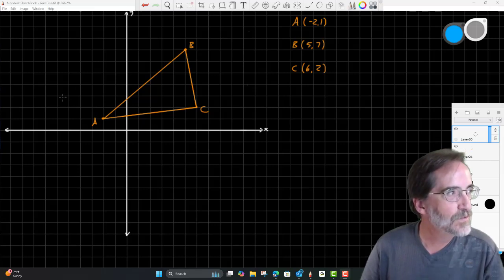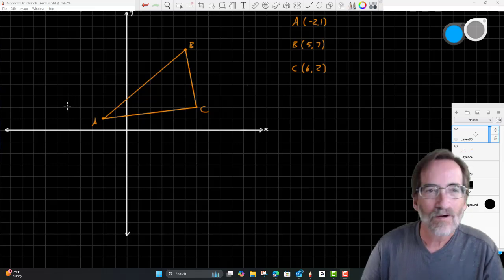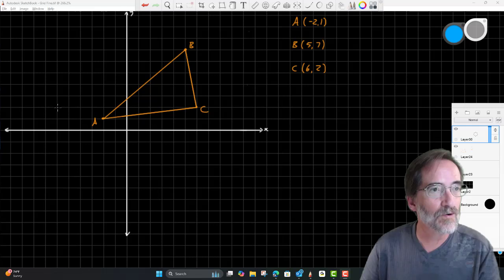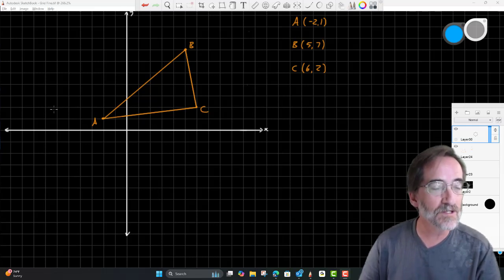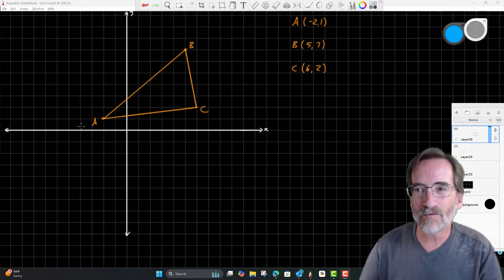Right, welcome to Geometry A, Unit 4, Lesson 5. We're looking now at transformations, or translations and reflections and rotations, etc. on functions. There are changes we can make to functions themselves, but I want to do a little bit of